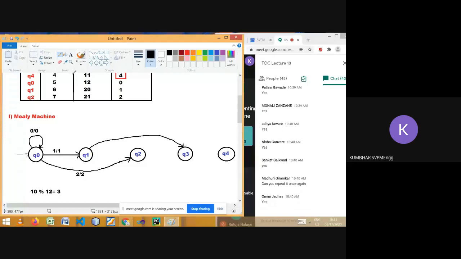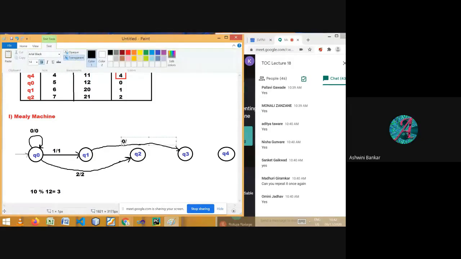Let me show it because we will have more transitions, so there should not be any confusion. We have to maintain the space to show the other transitions. So this is in Q1. If we read 0, it will read 0 as the input. What is the output? Please tell me. 3, because the remainder is 3. Great. You are doing well.